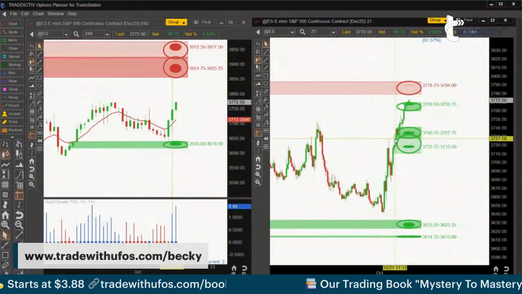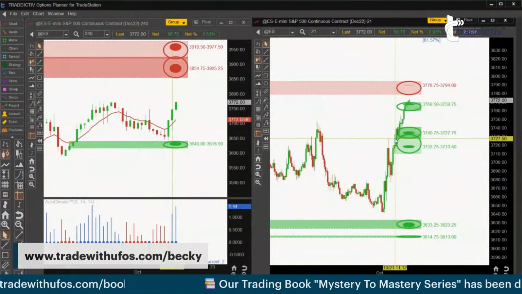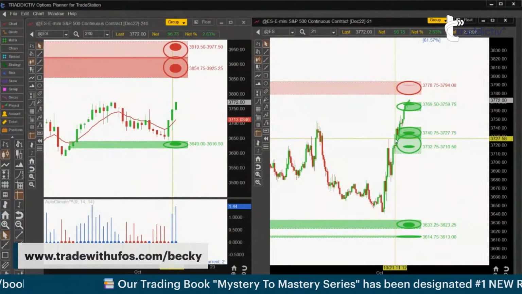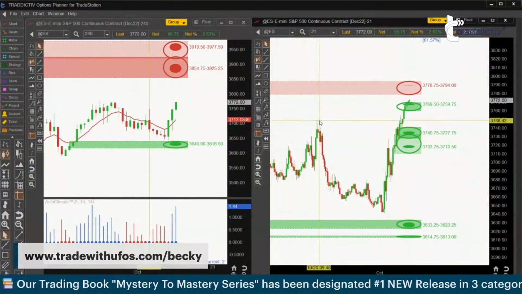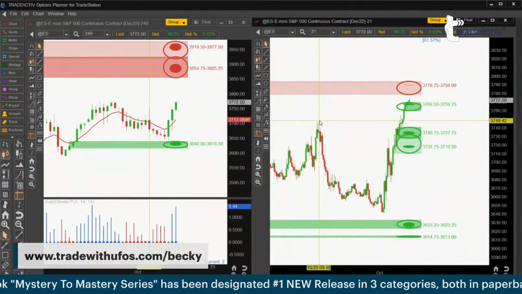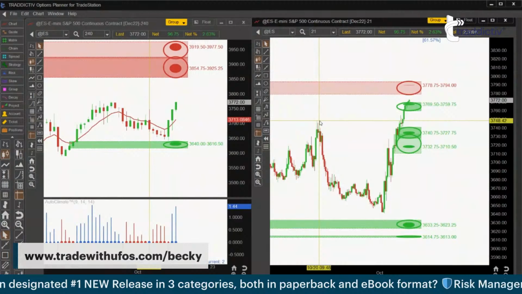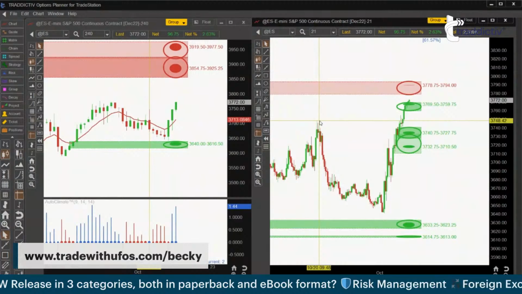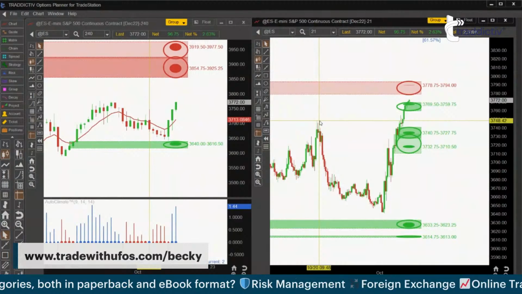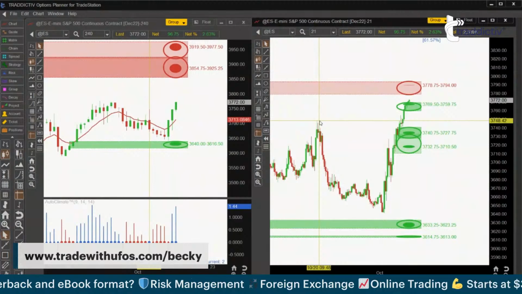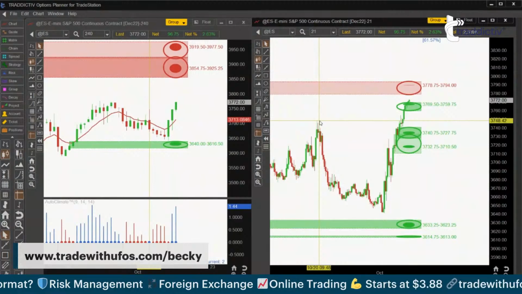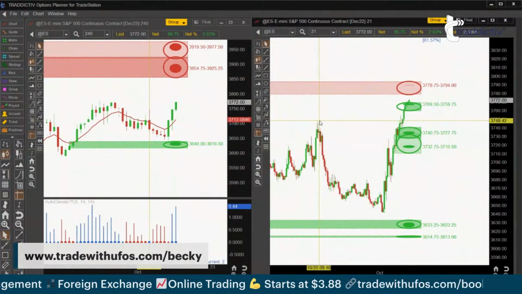Now, obviously, the smaller the time frames, the more specific you need to be, because if there are trades that happen in the past as you go through this data that would have been executed at 2 a.m., unless you're trading at 2 a.m., those trades are irrelevant. They don't go in your log because you wouldn't be trading them. So only log the trades that you would actually be placing.